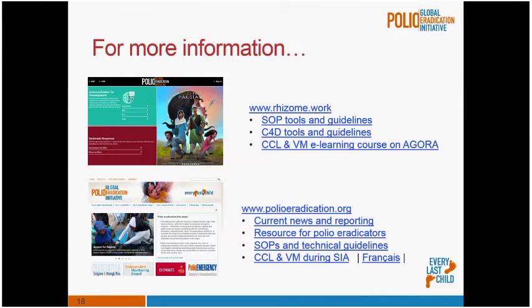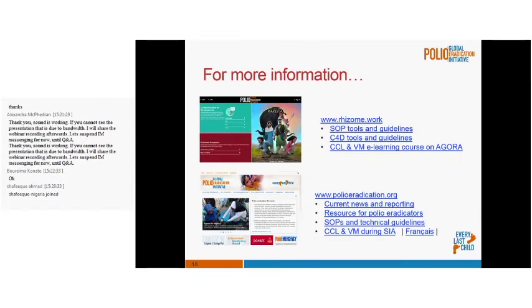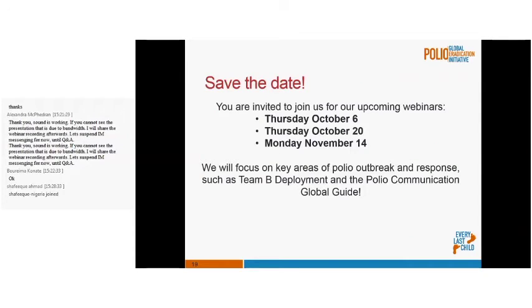As mentioned earlier, we have referred to several tools, whether the SOP, the guidelines, or some of the tools that we have been mentioning through the webinar. And these can all be accessed through the Rhizome, which is an interactive website that takes you through all the polio resources and all the polio materials on different aspects as relevant to the SOP or otherwise. And in addition to this, there is always the global website for polio eradication, where you can find all the relevant GPEI materials. And at this point, I would leave it back to Alex.